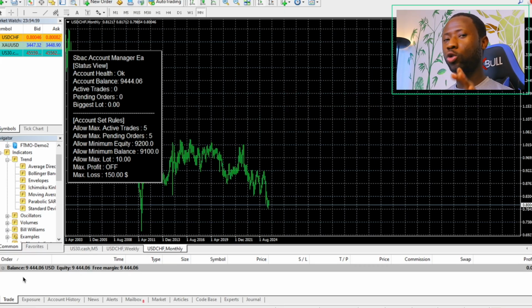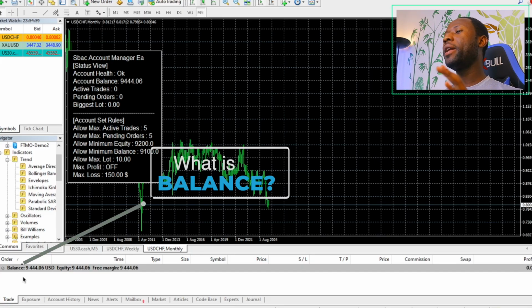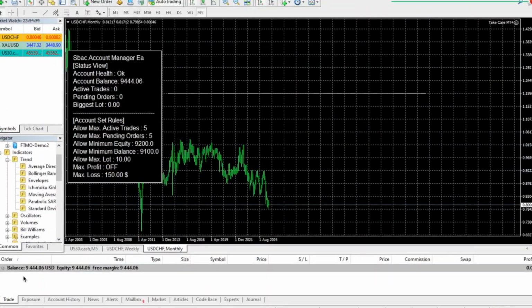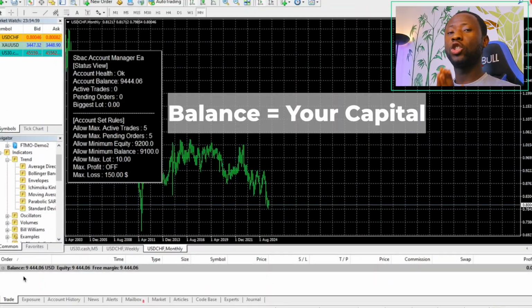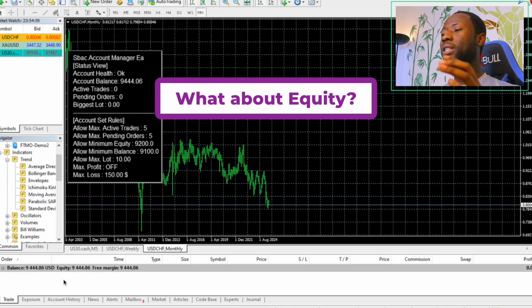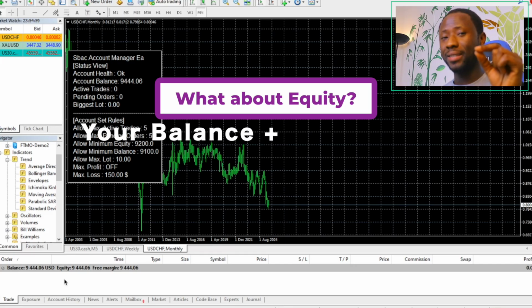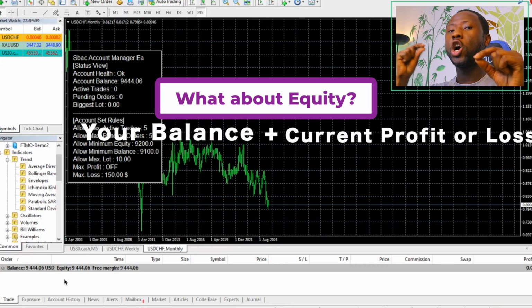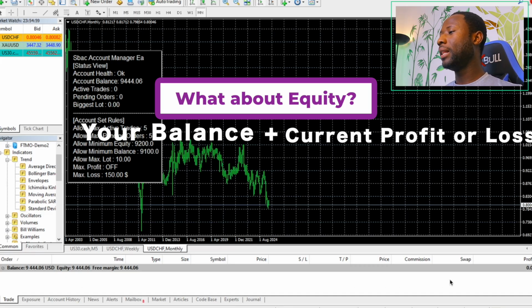Now, where does the twist come in? This is where the twist comes in. What is balance? Balance is the capital or money that you have at your disposal before any trade is open. That is your balance. What about equity? Equity is nothing but your balance plus the fluctuating current profit or loss,